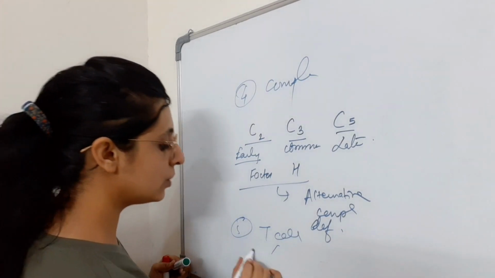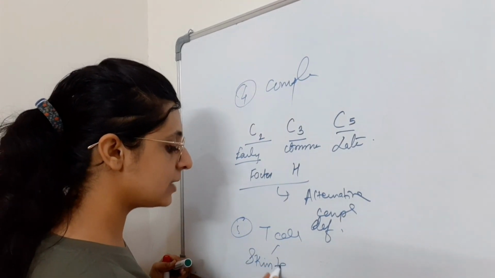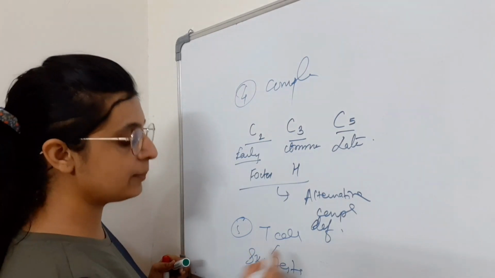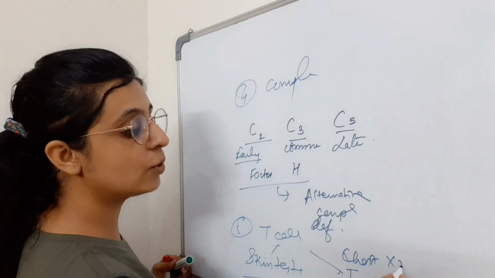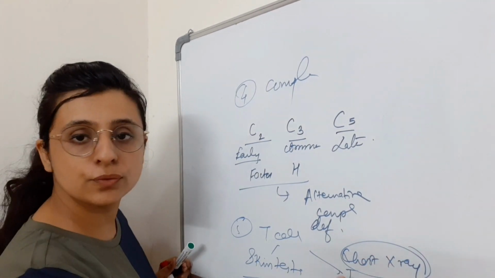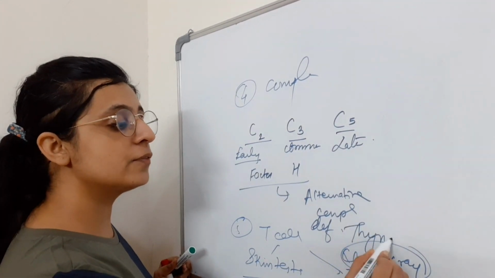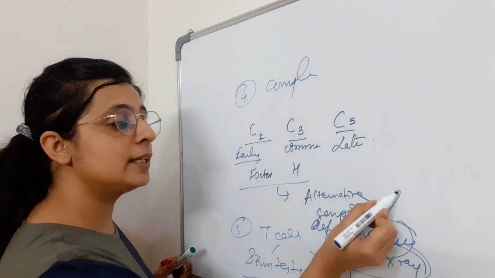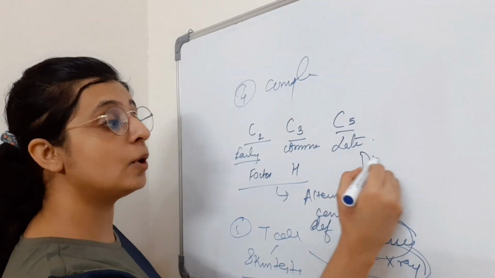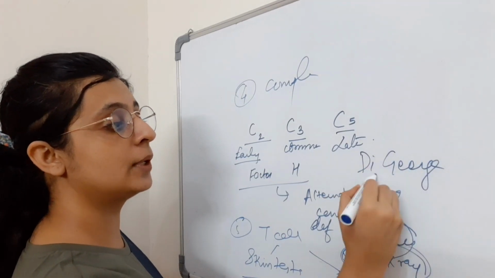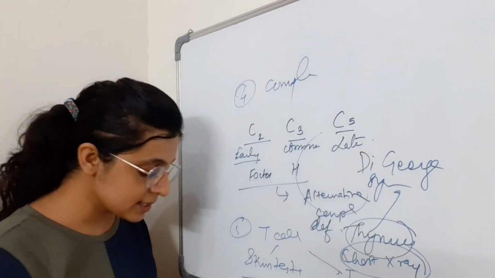I told you can do skin test based on contact hypersensitivity principle. Also you can ask for chest x-ray. Now think about it. Why chest x-ray? In order to visualize the thymus. Because if thymus is not seen and the patient is coming with hypocalcemic tetany, you can think about DiGeorge syndrome. Right? So this is the principle of PID.